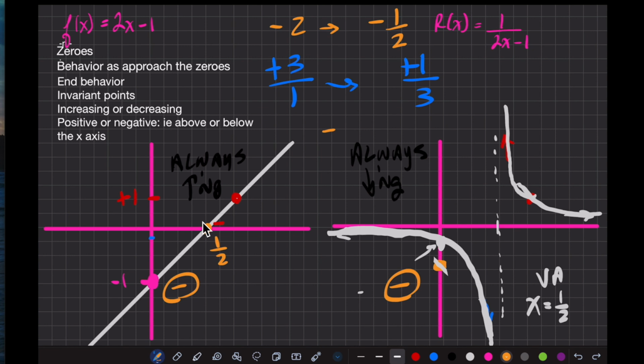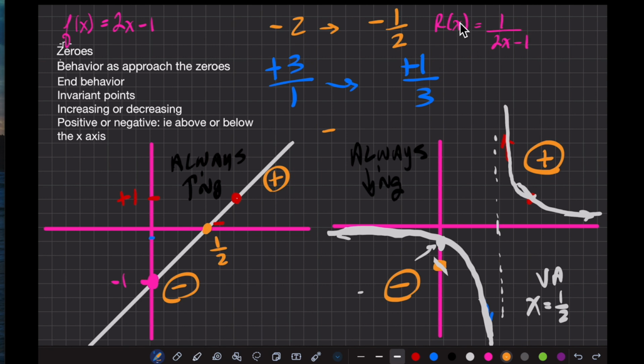Okay, same thing positive. Look at our original graph. Where x is to the right of x equals 1/2, our graph is above the x-axis, meaning this graph is positive in this location. Look at our reciprocal graph. If we go to the right of x equals 1/2, our graph stays above the x-axis. Folks, in summary,